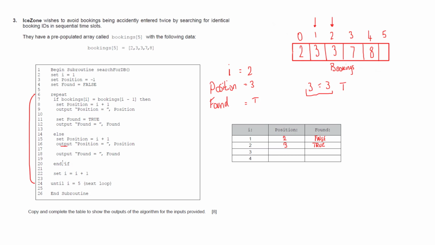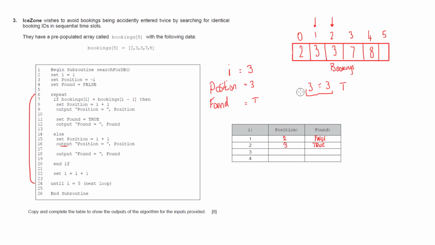the if statement now, and then we say set I, which is currently 2, and we're going to assign it 2 plus 1, which is 3. So I gets overwritten with the value of 3. Line number 24, until I equals 5, continue. So I is not 5, it's 3 currently, so we jump back up to line number 6, and we say